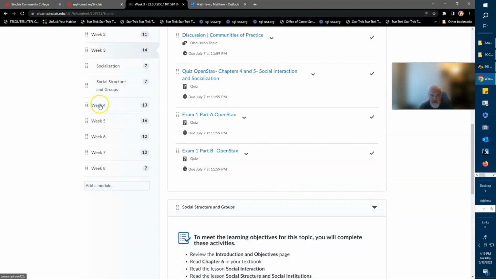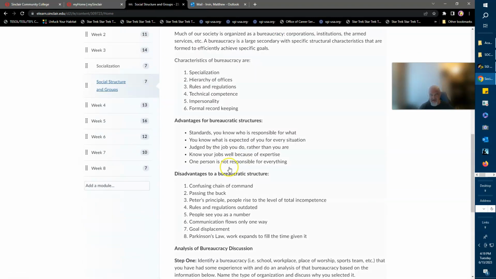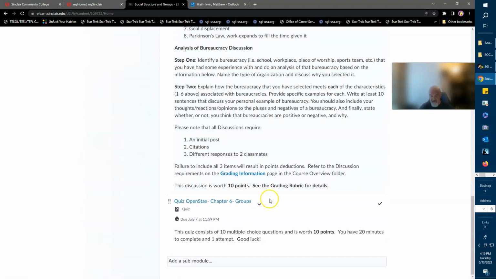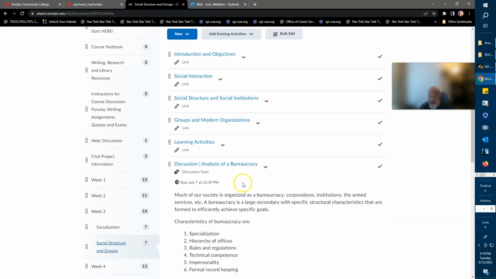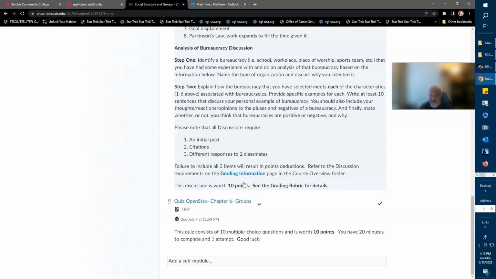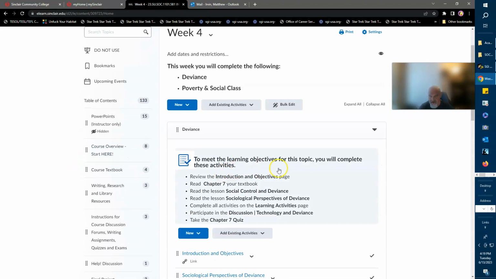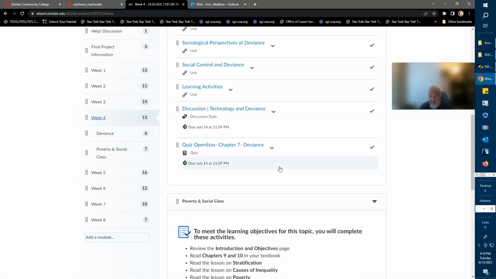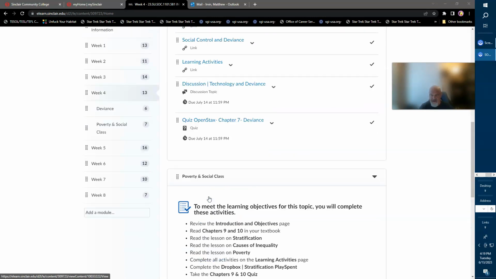So then we move into week, and when we start new material in week 3, it's going to be on the next exam, which is going to be analysis of a bureaucracy. So you got a lot there in week 3, right? The stuff moves very quickly here. So in week 4, basically, it's due July 14th. It's due July 14th here, and then chapters 9 and 10, and then